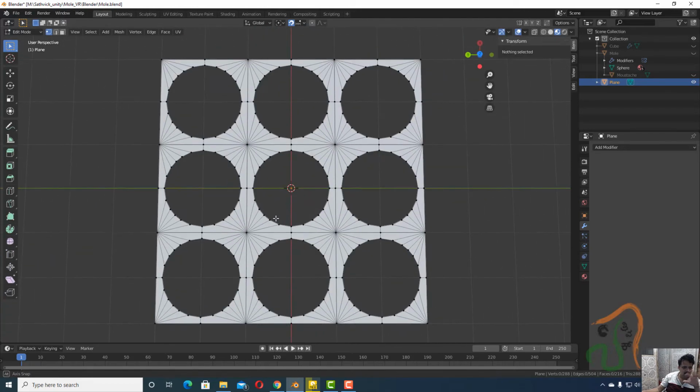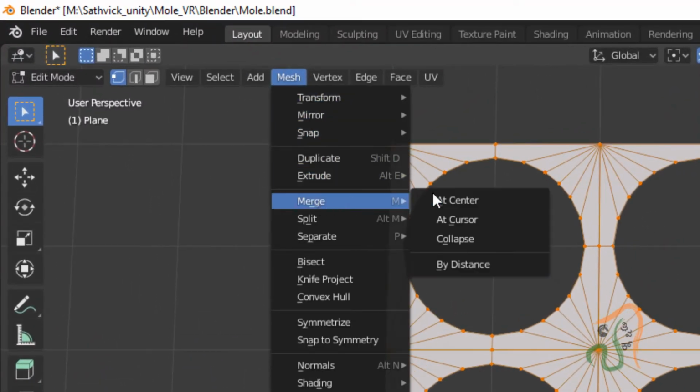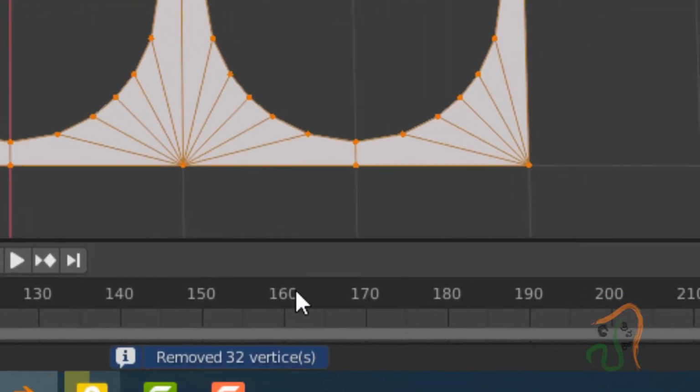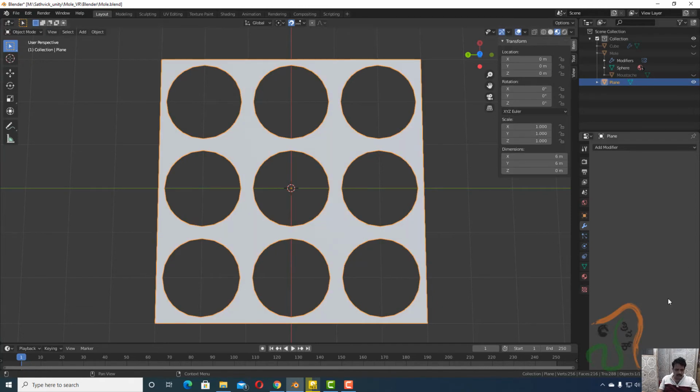This is clearly placed. So with this, if you want, you can even press A and select everything. Go to Mesh, and here you have an option, Merge by Distance, and when you click on Merge by Distance, you can see 32 vertices were removed. Especially when you are using this in a Unity game, the number of vertices and planes should be minimized as much as possible. These unwanted vertices and planes are going to eat up your RAM and your machine resources. So remove them as and when you create the model. So this is now perfectly fine. Press Tab and come back to object mode.